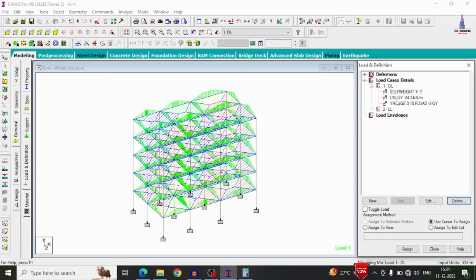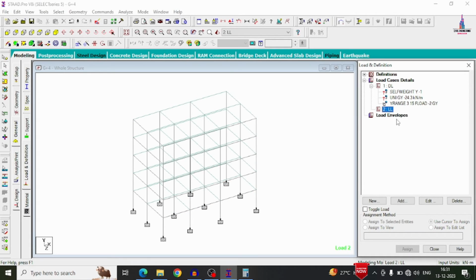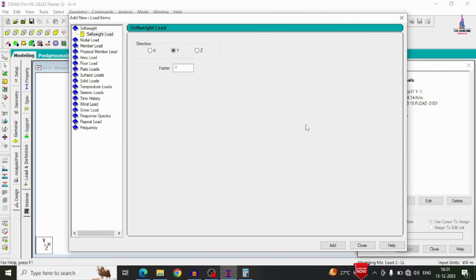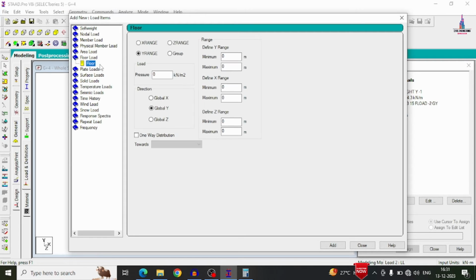After this calculation part, we have to add the live loading condition, which is related to the floor load. According to IS 875 Part 2, we have different variations of the loading condition for live loading, but it will be approximately 2 to 5 kilonewton per meter square for the building structural model. In this example, I am taking minus 3, acting at a distance of 3 as well as 15 meter.